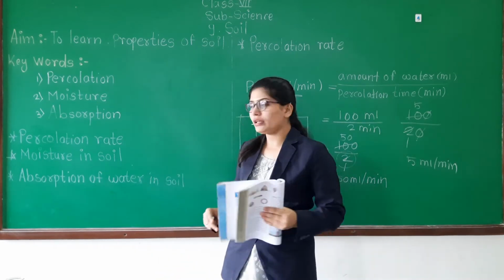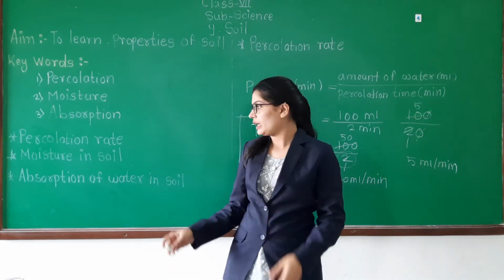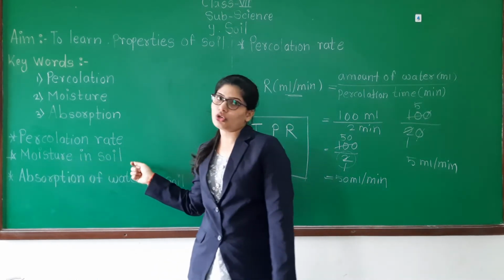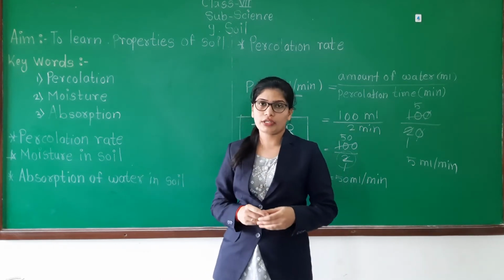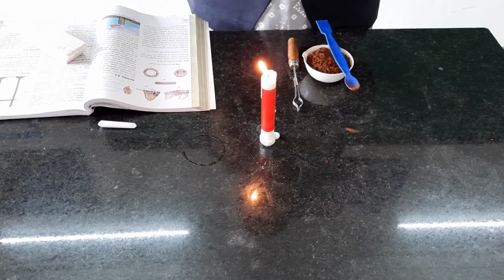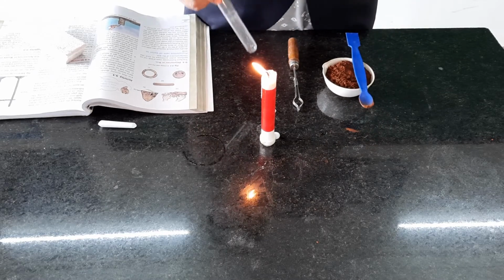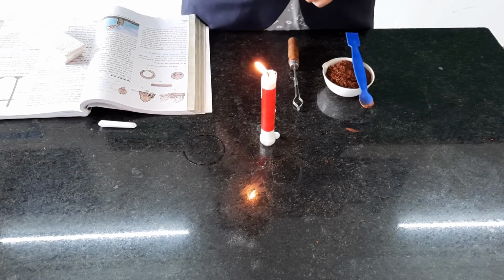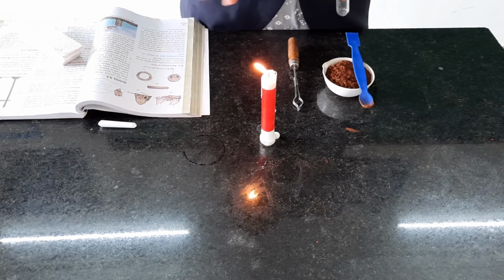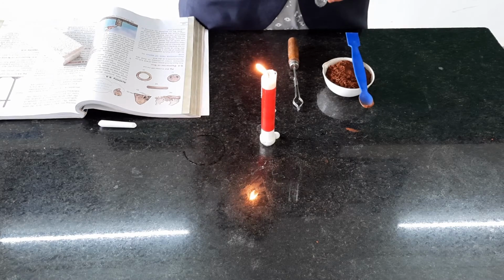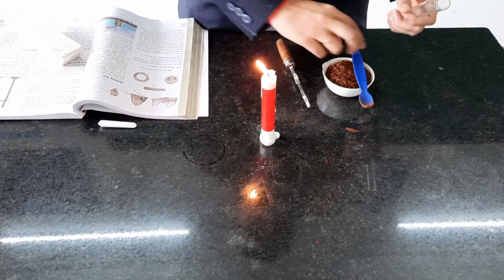Now we will start our next practical to learn a different property, that is moisture in soil. First we will do that activity and then we will learn the theory part. Now we will see the moisture in soil, that one property. Have you seen that on farmland in the summer season the air is shimmering? The moving that you can see. So why? That we will see.